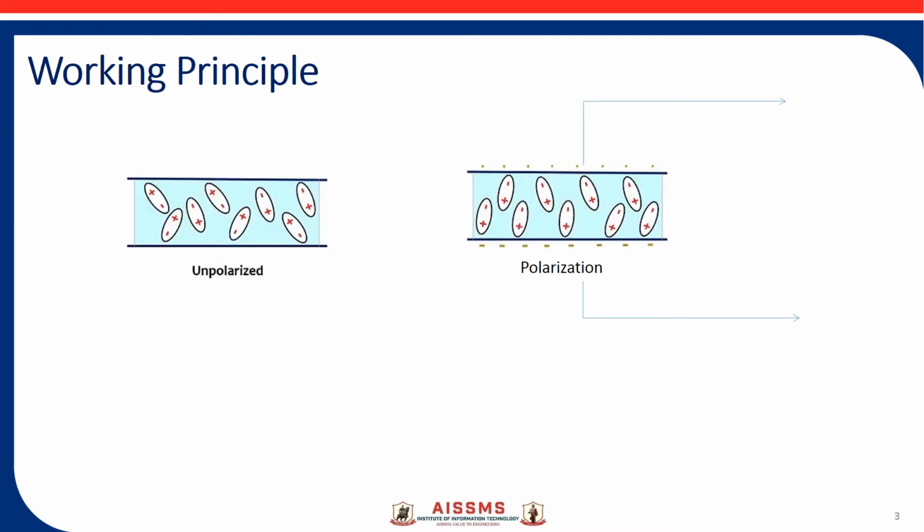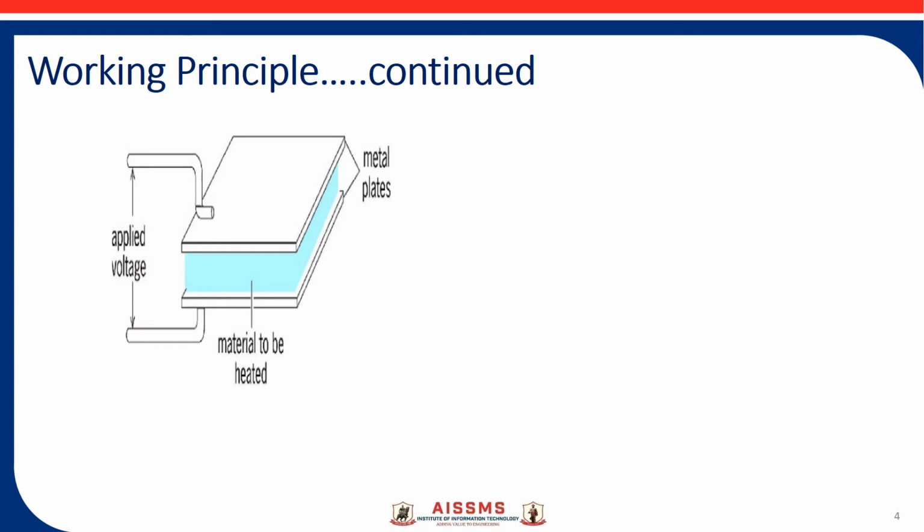Alignment, which was shown in previous sketch, it will be altered after every half cycle because the supply shown in previous slide consists of two metal plates separated by the material to be heated, which is in the form of, say, dielectric material. So it's nothing but a capacitor.